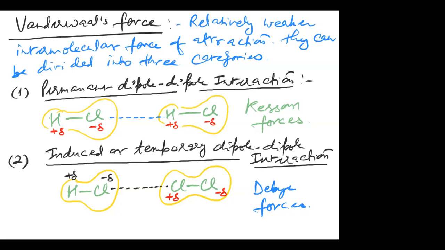So van der Waals forces are mainly divided into three categories. One is permanent dipole-dipole interaction. Second is induced or temporary dipole-dipole interaction. Third one